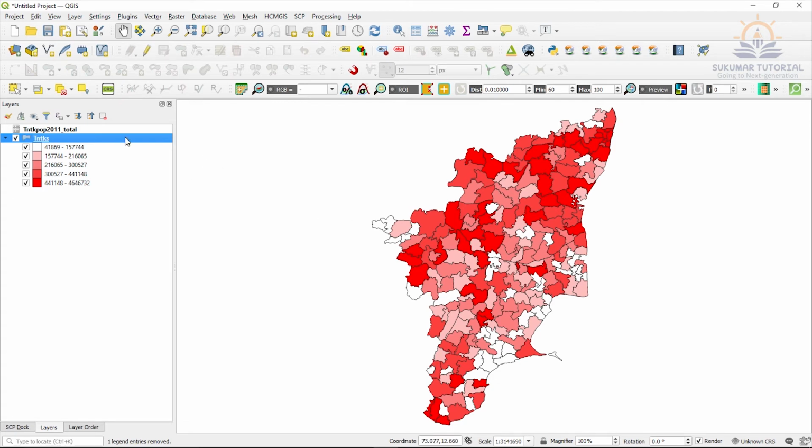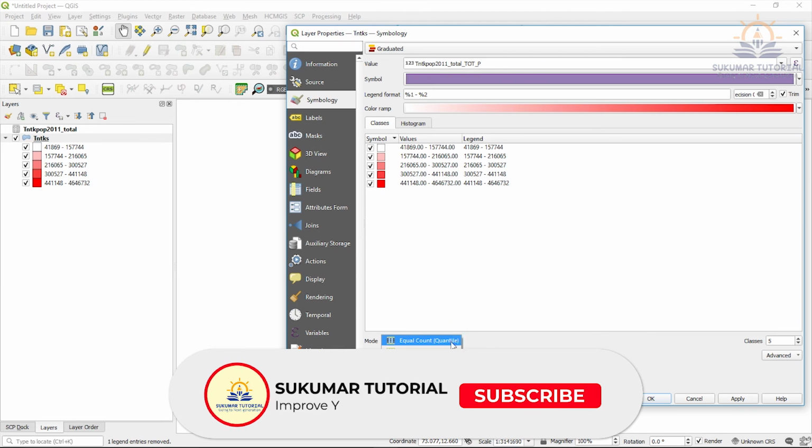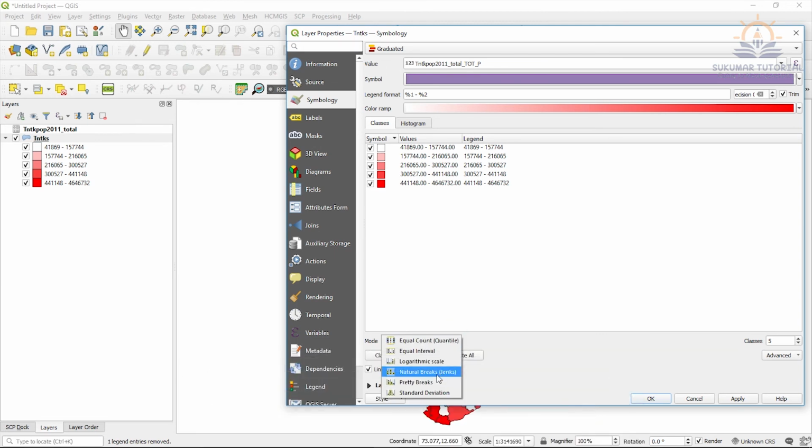Whichever method you want according to your purpose, you can choose and create thematic maps. Here in the classification, the mode of classification, equal count is the quantile method. Another is equal interval, and then logarithmic, natural breaks, pretty breaks, and standard deviation. Normally the first 2 will be used, or the 4th one can be used.